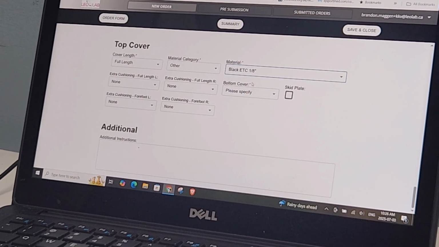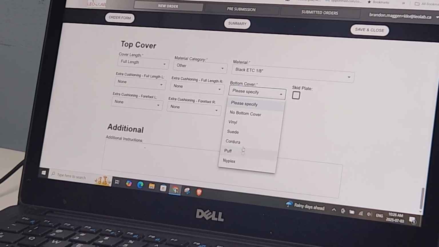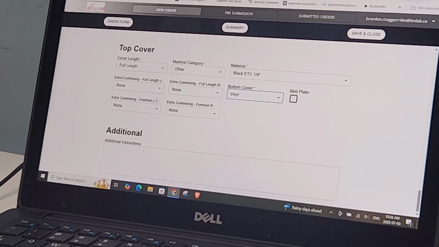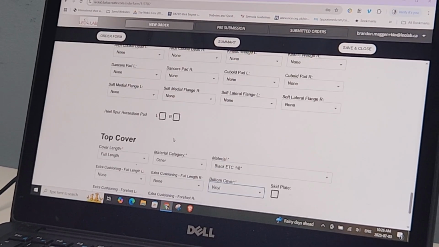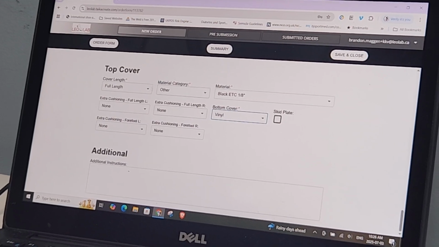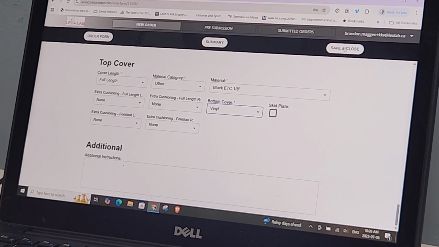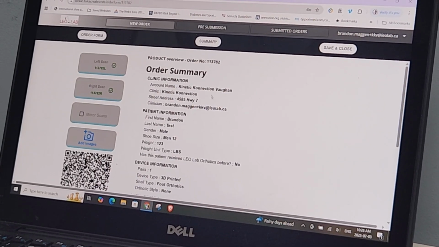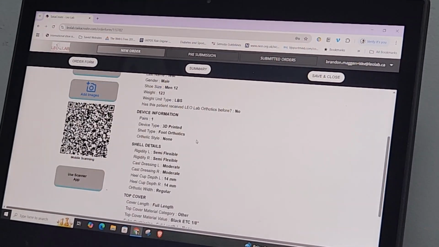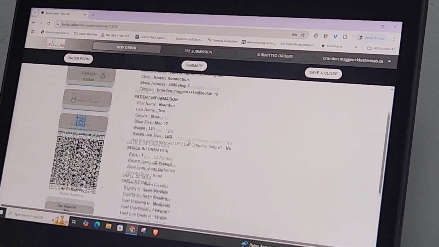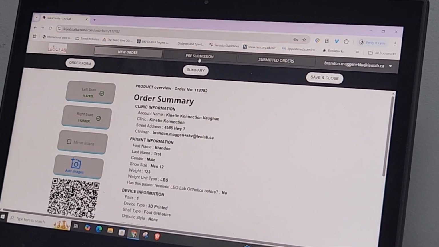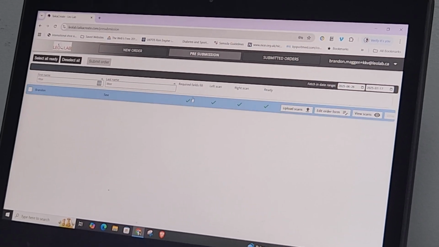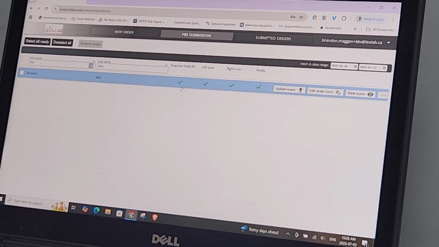Then this bottom cover, you have to tell us if you don't want one, but choose a bottom cover. Here's full length cushion. That should be it. And of course there's an area for notes. Once you're done with this, just hit save and close on the right side. Again, back to the summary page. Here now you can see everything we've selected, so it's everything. And if I go right now straight to pre-submission, yep, we've completed all the required fields, and therefore this order